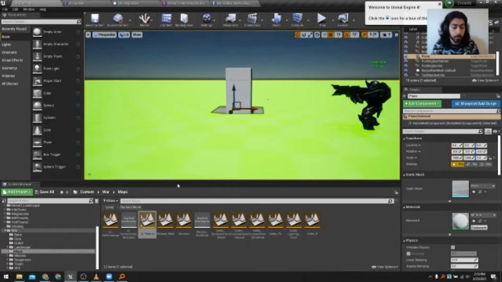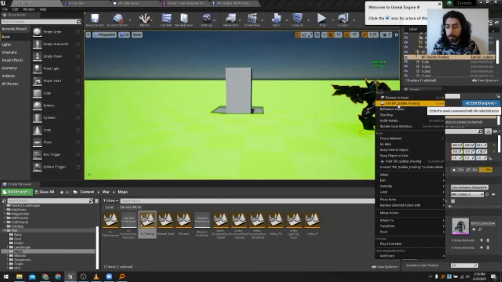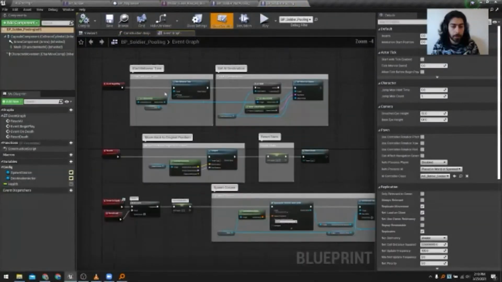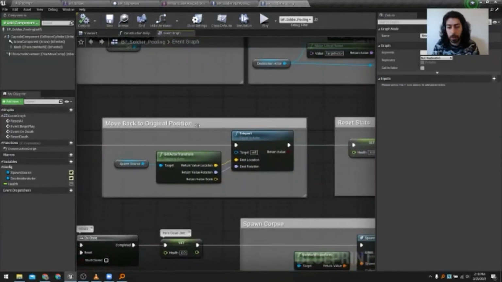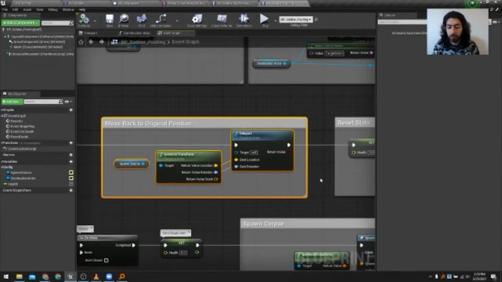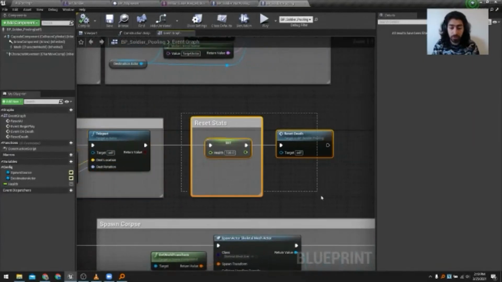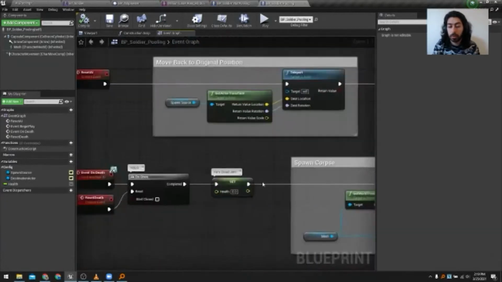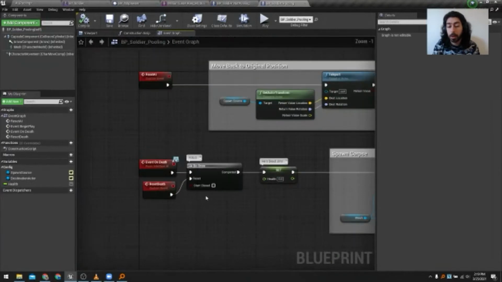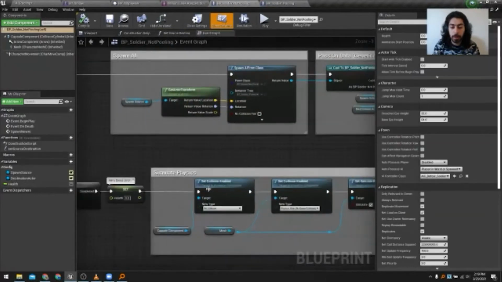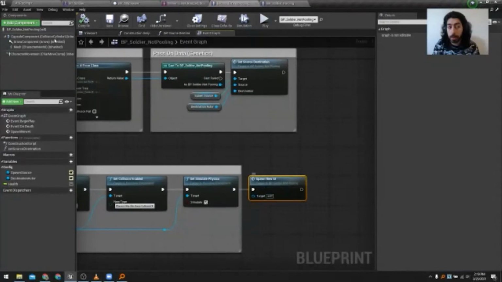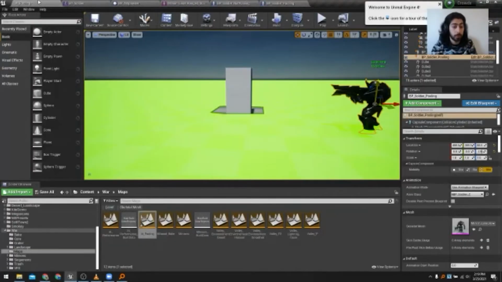And if we look at the code, it's quite simple. This is a regular AI. The behavior is: spawn, go to destination. And then there's a reset function that basically changes the location back to the original location, and we want to change his health to 100 because when he died it was 0. And we want to reset the function for death so he can die again. That's about it. Here, it's mostly like, well, he died, so instead we want to spawn a new AI, and pooling can actually save a lot of performance and memory.